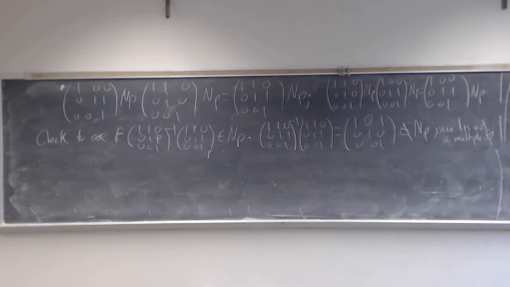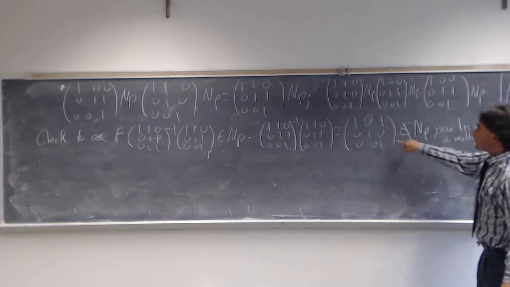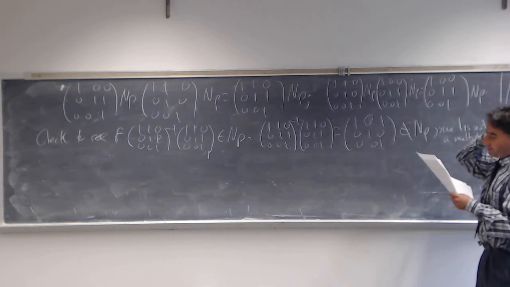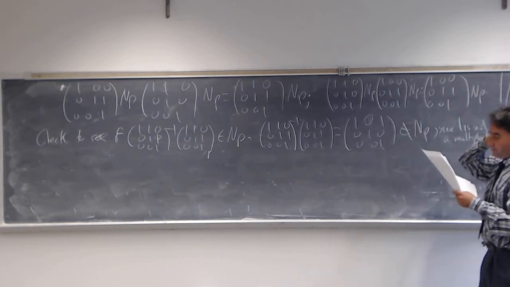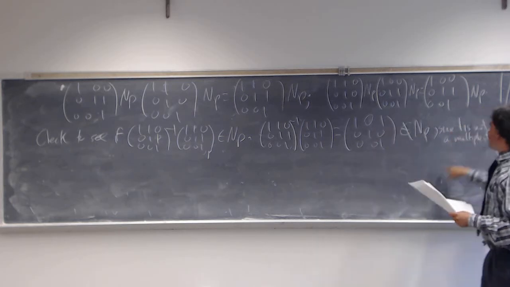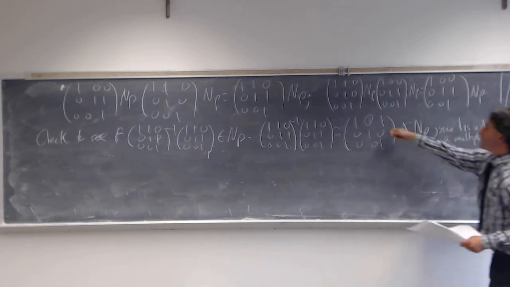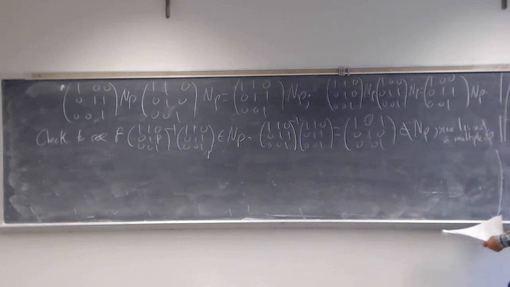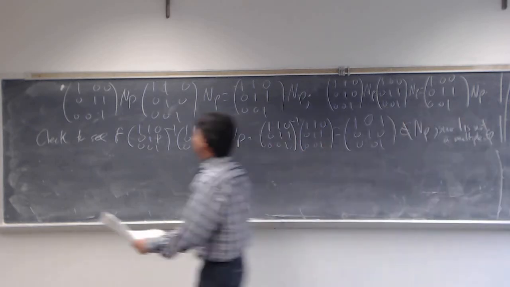Okay, so just a clarification, when you get that calculation, when the dust settles and you find the inverse and then you multiply them out, you should end up with a 1, 0, 1. So 1 is not a multiple of P, so these two fall in that, but this third entry does not, so this is not an element of NP. So what can we conclude from that? That tells us that